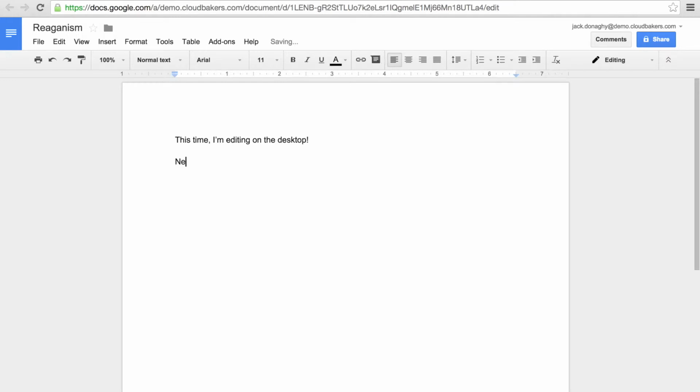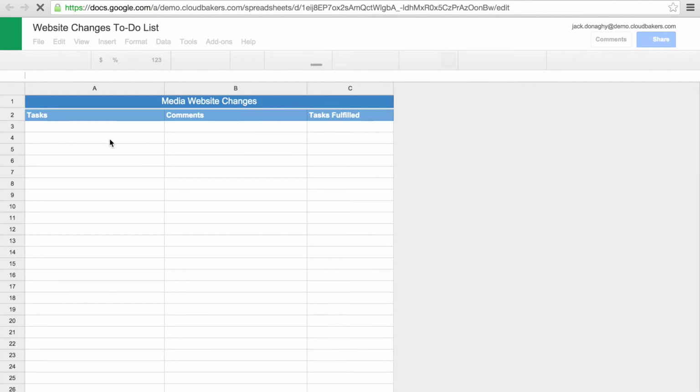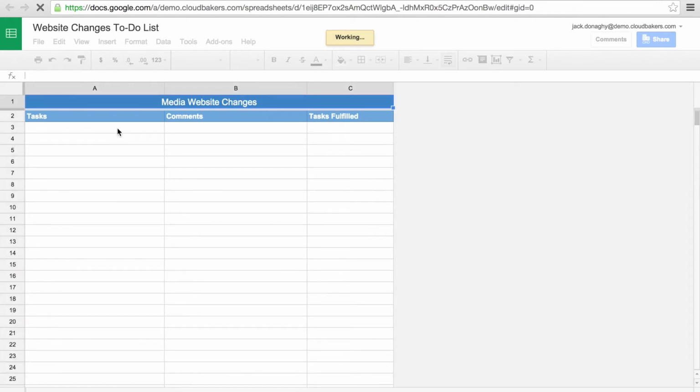Most media companies are using Drive to create and store documents, spreadsheets, and forms that are shared internally with their teams, such as project scripts, standard document contracts for clients and employees, and even general task lists. Here is one that was created by the team to help track the website tasks for an entire website redesign.